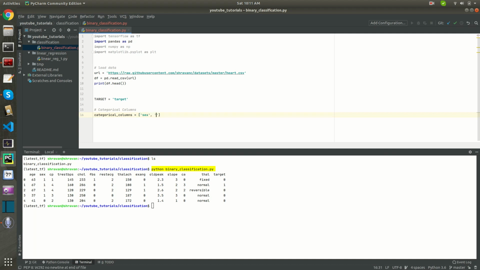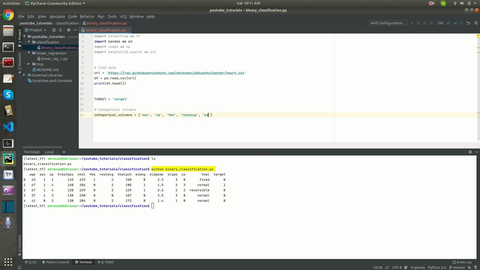That's why we do this before splitting. Categorical columns: cp is chest pain, fbs is fasting blood sugar, restecg is resting electrocardiographic result, and exang is